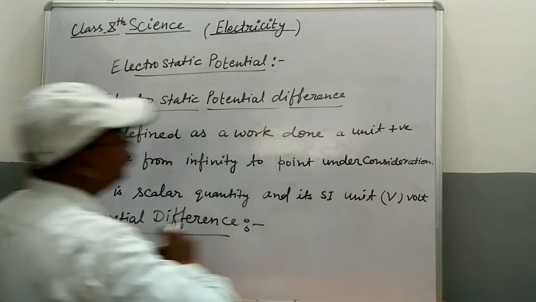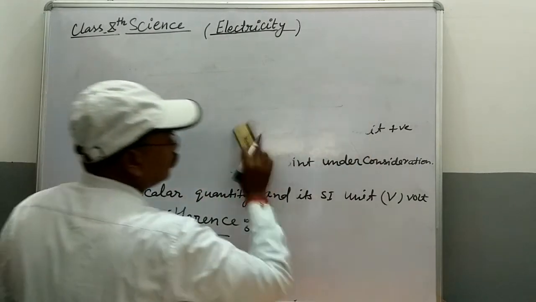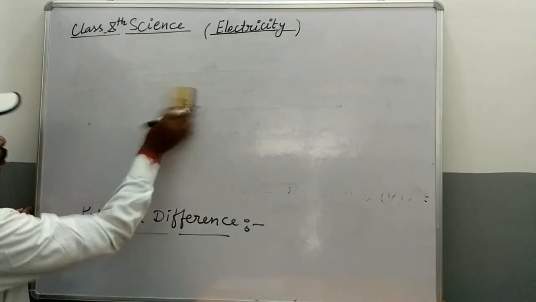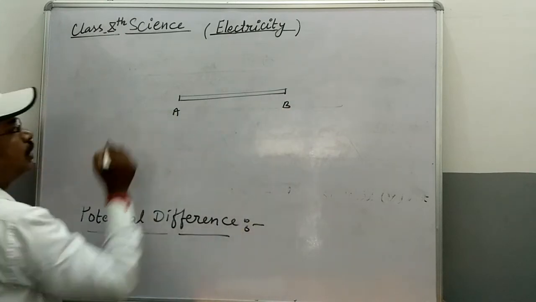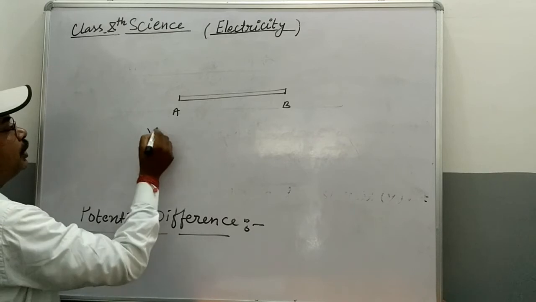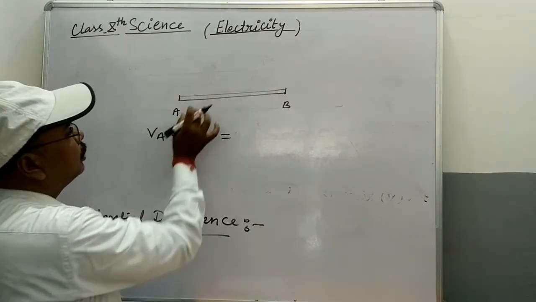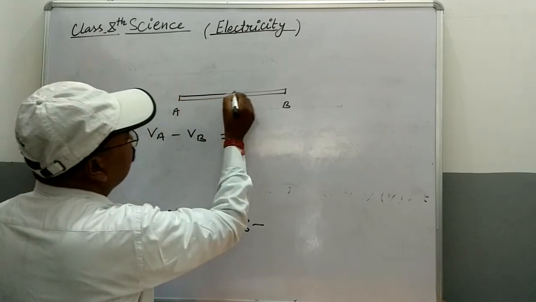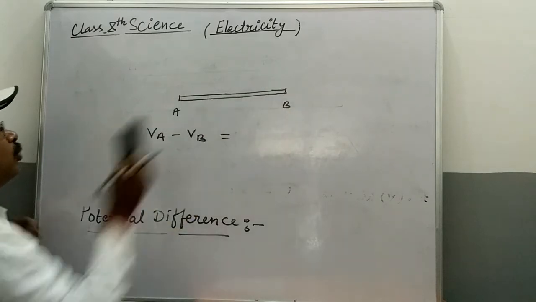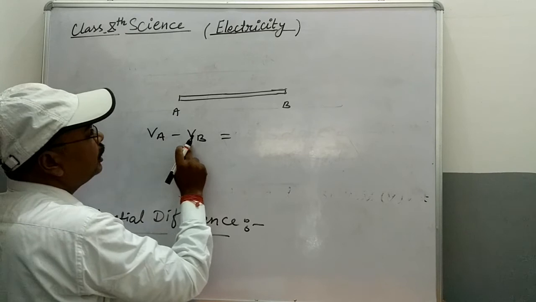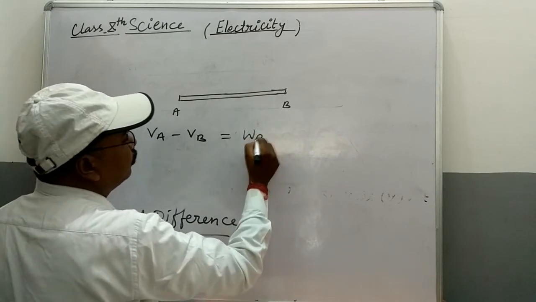Suppose that this is a conductor, with points A and B. The potential difference between A and B, VA minus VB, is equal to the work done per unit charge to bring it from point A to point B. That is, VA minus VB equals WB minus WA